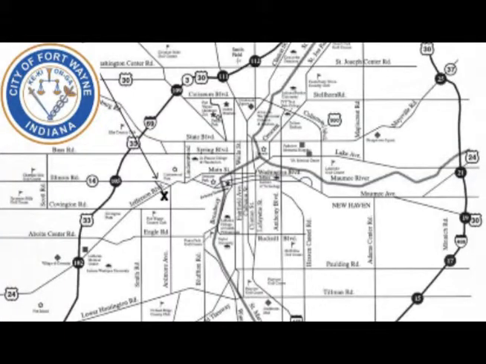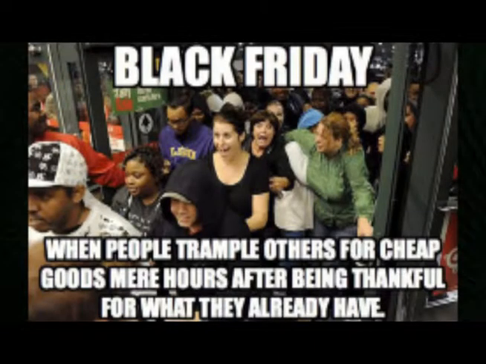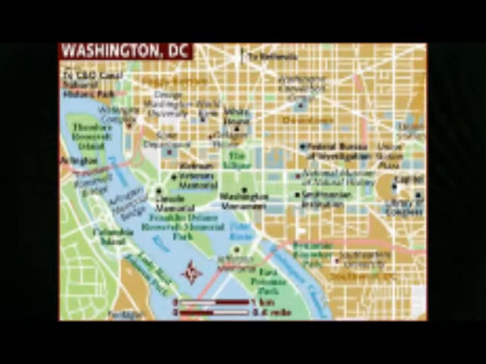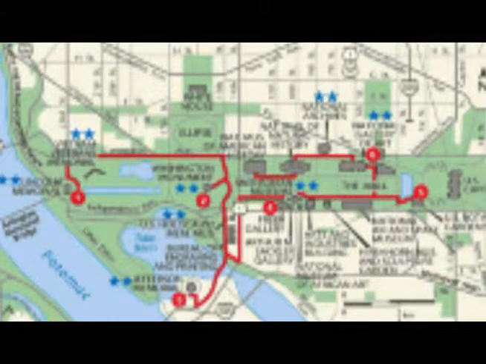newsworthy. First element, proximity. Is this story important to viewers because it concerns their immediate environment? For example, let's say you live in Fort Wayne, Indiana. How much would it matter to you if the local mall got torn down days before Black Friday? You'd probably care, right? But what if you lived out in Washington, D.C.? Probably wouldn't care about any small town mall getting torn down when you have a mall at every other block. Come on, right? Second element,